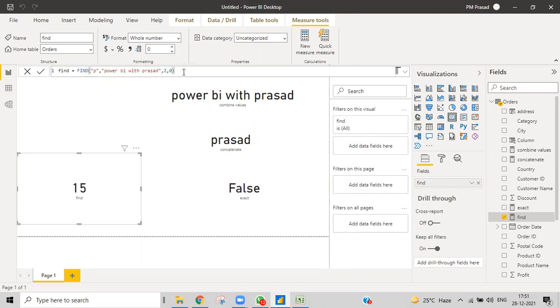We can get the same thing because it ignores the first position, like P in the first position. Then obviously it will go with that. Even whatever we give it, maybe after that you can give the third and then whatever it might be, it gives the 15 only. It means the position that we are telling it from where that P needs to be searched. Okay, got the point?